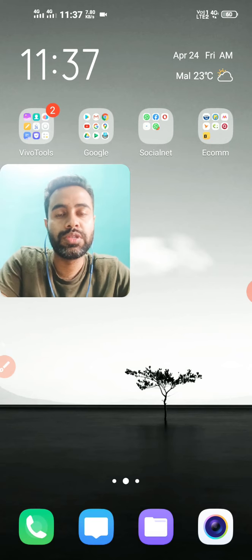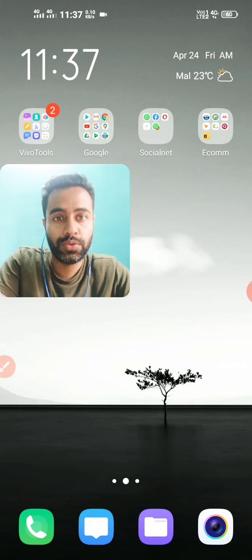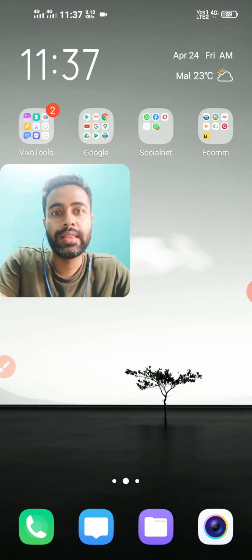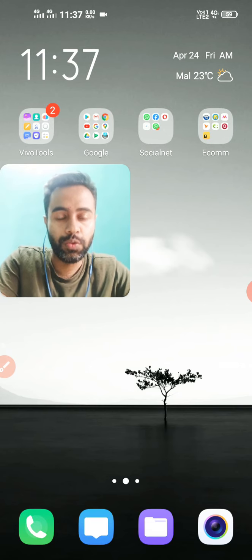One more thing before I move forward with the demonstration is that almost all of us are using an Android set. An Android set requires a Google account to initialize all the products and facilities of an Android set. So by default, all of us have got a Google account, and almost all of the Google products, for example YouTube, Gmail, Play Store, Chrome, are automatically logged in once we start our Android device. So we do not need to create anything in a new way.